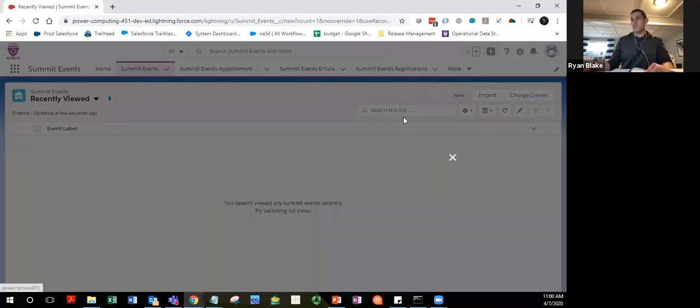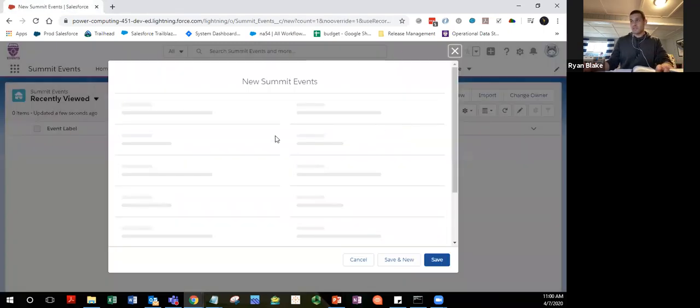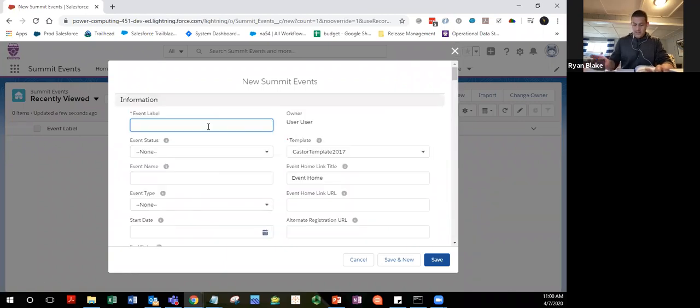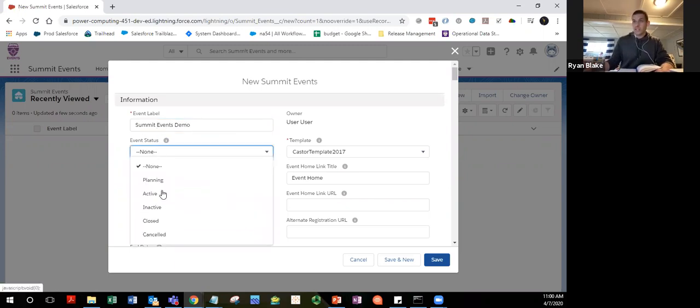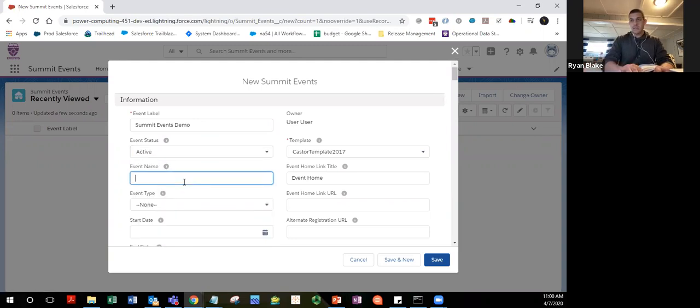I'm just going to create a new one. I'm going to walk through this and just fill it out as we're doing this, and I think we can do this in under 5 minutes. We're just going to call this Summit Events Demo as if it's an online webinar. We are going to set it to active, so as soon as we're ready to go, we can make it live. Demo,